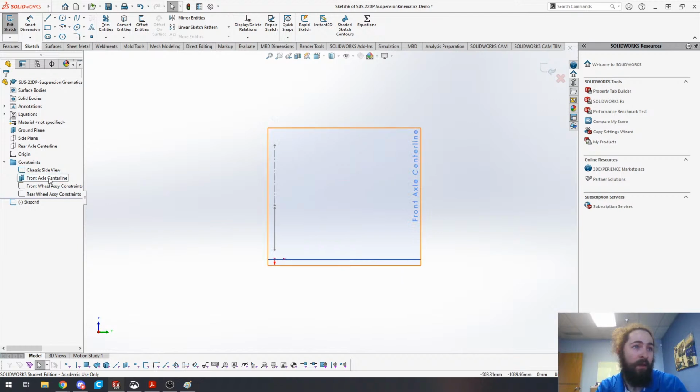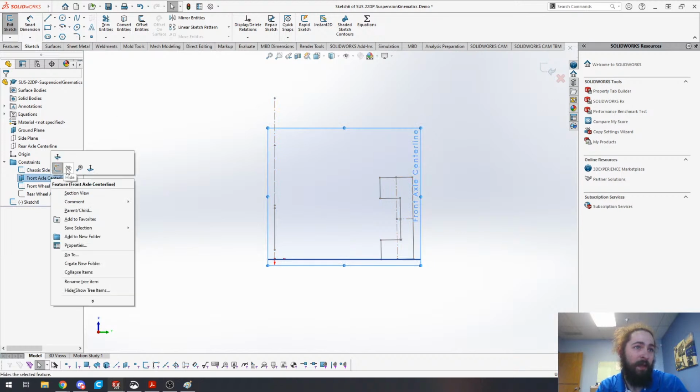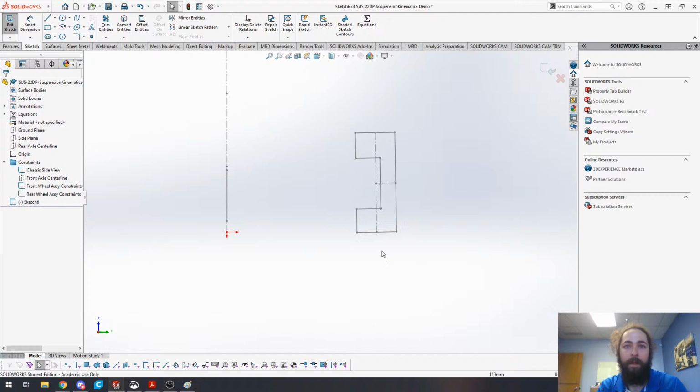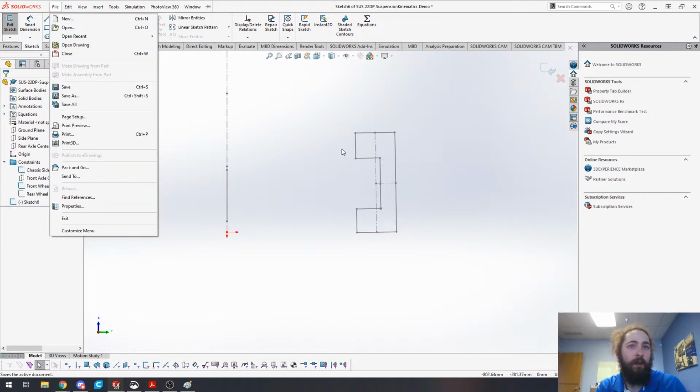The other thing we'll do is we'll make sure that the front wheel assembly is visible. I'm going to hide some of these planes. We know where we can get to them. Ground plane as well, so we'll hide that. Cool. So we have our center line of our wheel right here. We're going to start